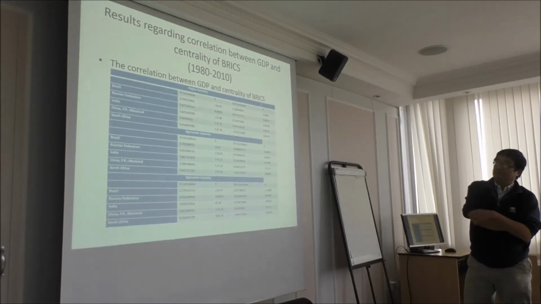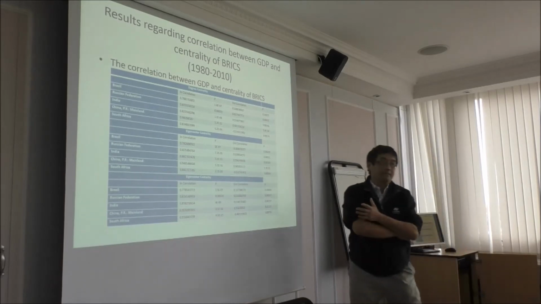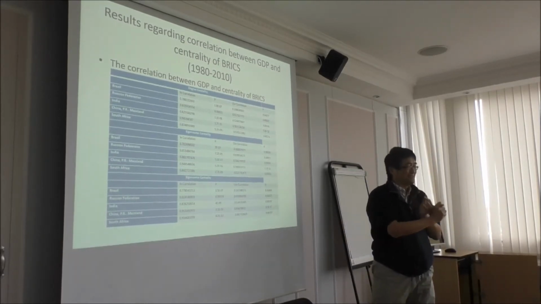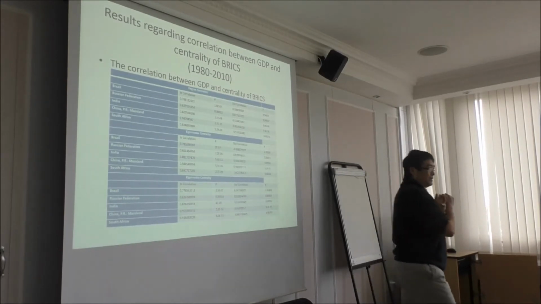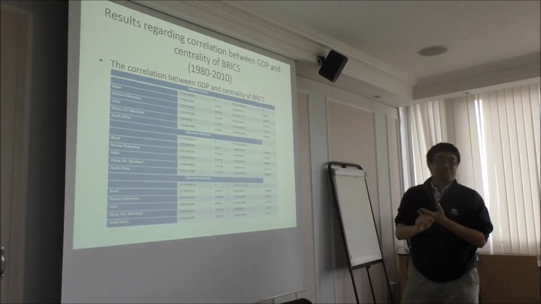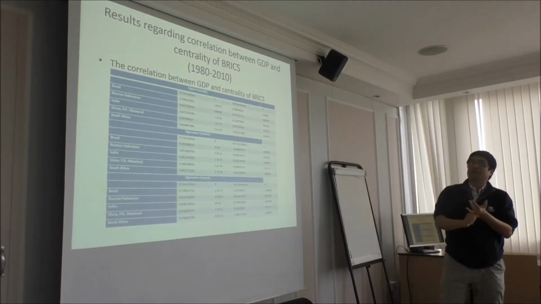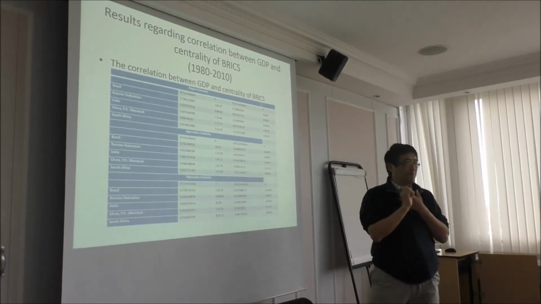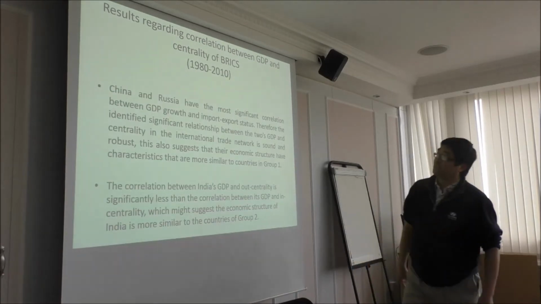So these are the essential estimates. We highlighted that between 1980 and 2010, China and Russia appear. This is an interesting result. China and Russia become very well entrenched in the world trading system. I think it's very hard to break that kind of link. Whereas India, South Africa, and Brazil have one or two drawbacks, which of course you have to go into the economic structure of these countries.